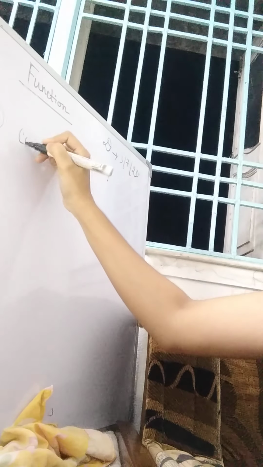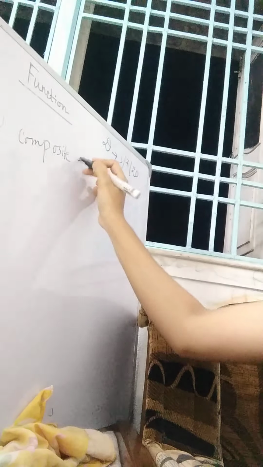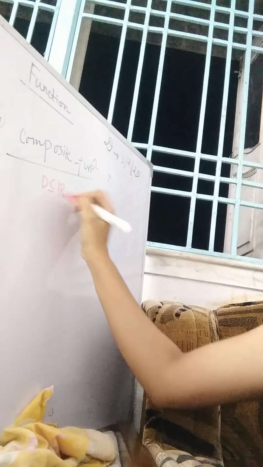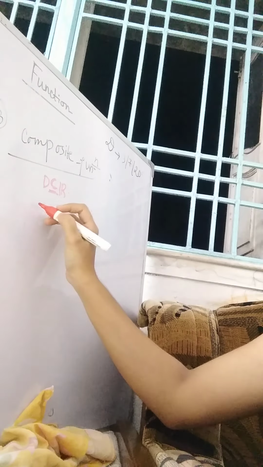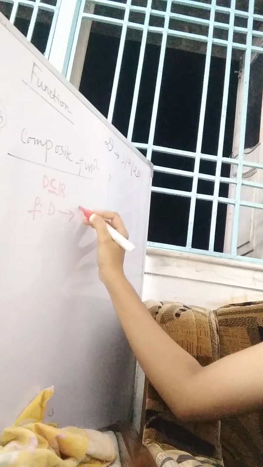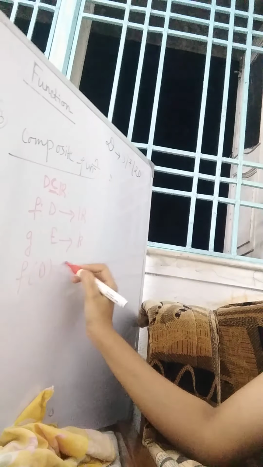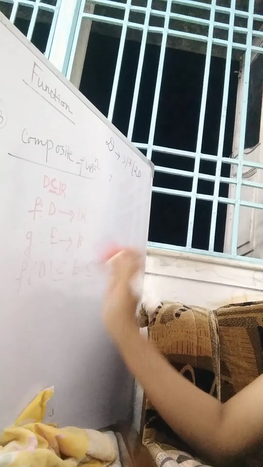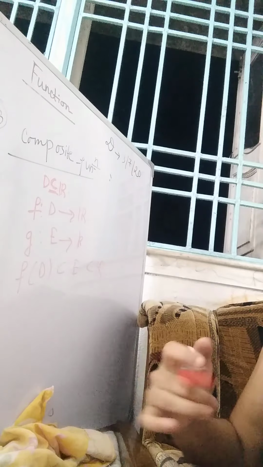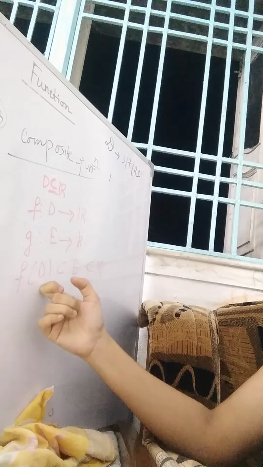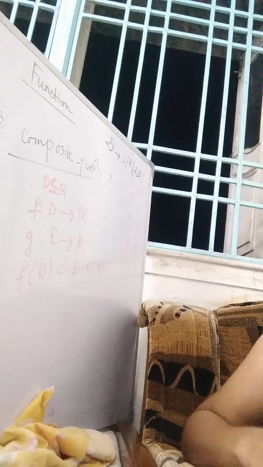Next is the composite function. If D is a subset of R, f is defined from D to R and g is defined from E to R, where f of D is a subset of E, which is a subset of R. It will not only be a subset, it will be a proper subset, that is, f of D is a proper subset of E and E is a proper subset of R. Then we get a composite function. Composite function is defined